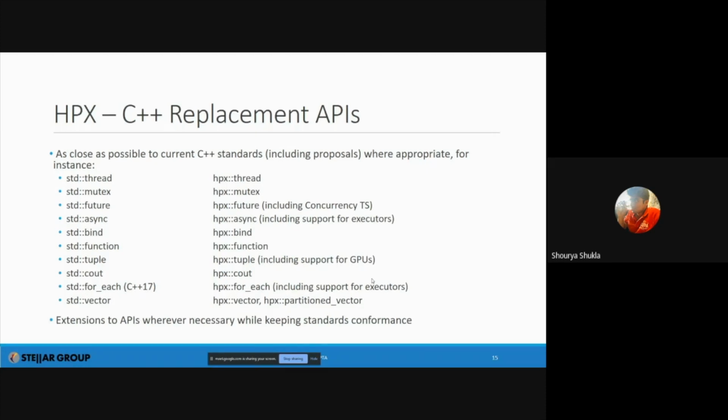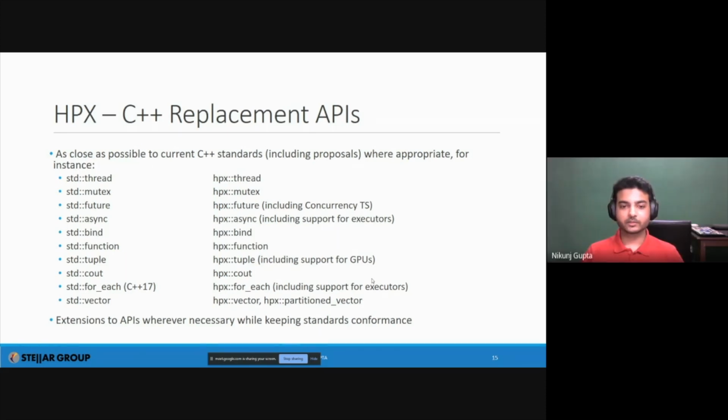I am not a professional in C++, but as far as I have used cout, I cannot imagine how someone would apply parallelism in cout. For a for loop, I can imagine, but for cout, I cannot. Can you explain how, in cout and for_each, what exactly has HPX done differently compared to the standard C++ that exists?